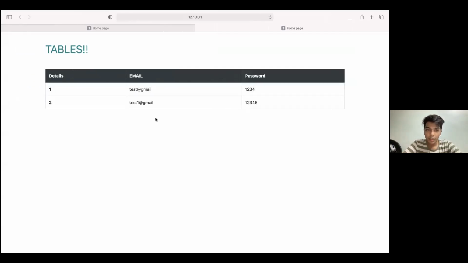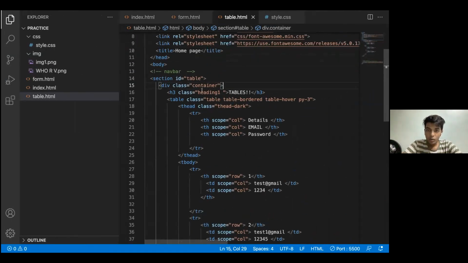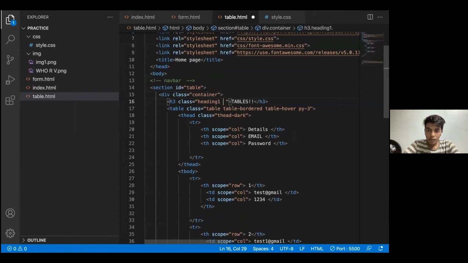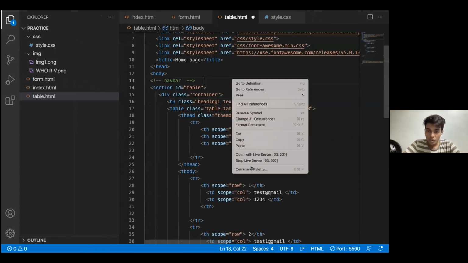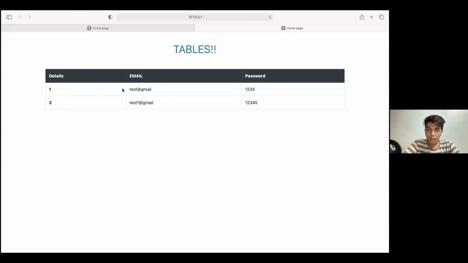See, so it is in dark now. And the tables can also be in the text center. Text center is a class where whatever we have written according to the page that is of 12, it comes in the middle of that page. As the name indicates, text center. So it comes in the center now.